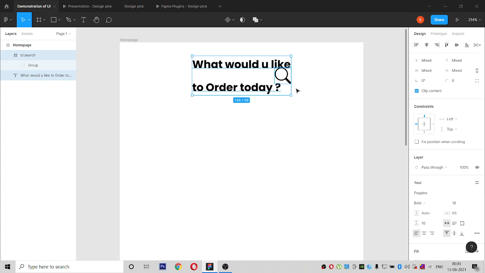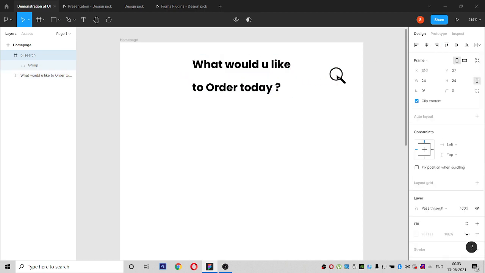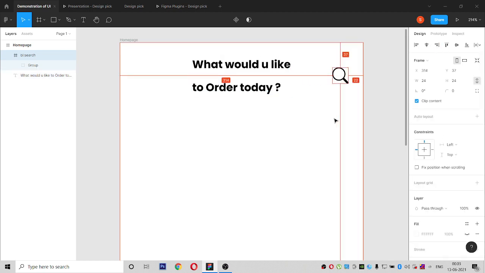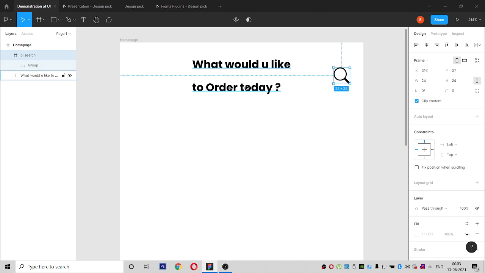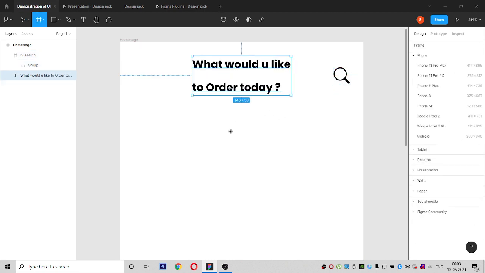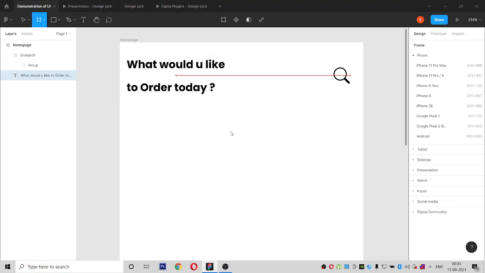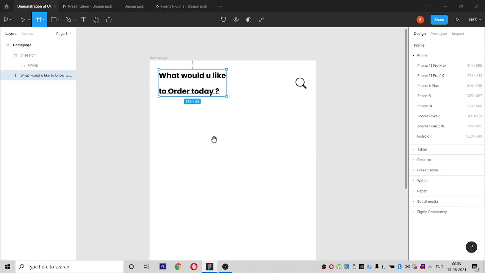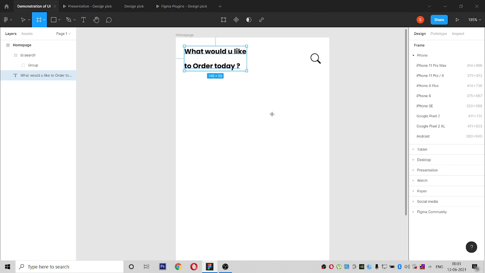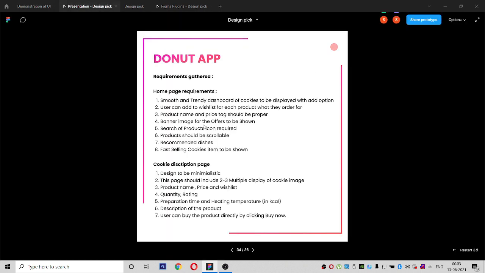In this frame size, it will go from right, left, top, down, middle, and the center, and it should be in the right as before. So I'm placing it here. So these are some tips, very useful for designers to design. I'm keeping it here. So the search button is done.